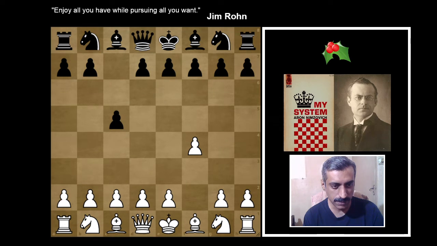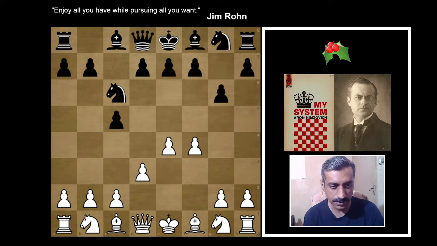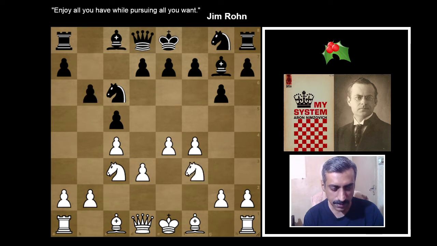f4, c5, e4, knight c6, d3, g6, c4, bishop g7, knight c3, b6, knight f3, bishop e7, and g4. The collective mobility of white's king-side pawns already makes itself felt quickly. e6,